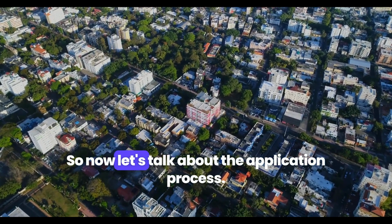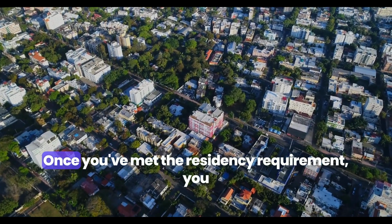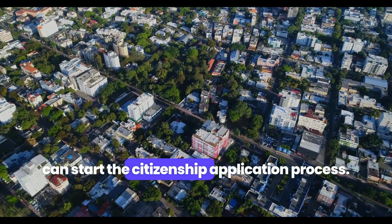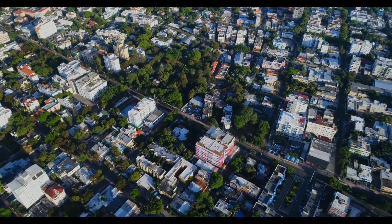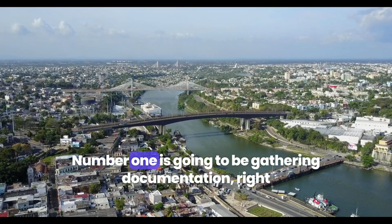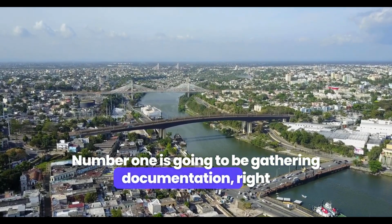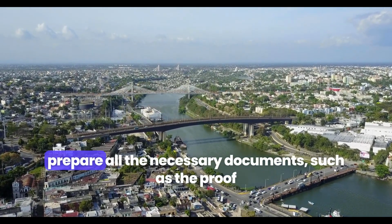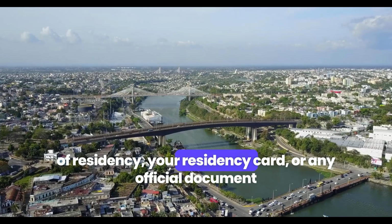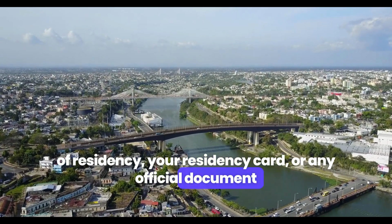So now let's talk about the application process. Once you've met the residency requirement, you can start the citizenship application process. So here's a detailed look at what to expect. Number one is going to be gathering documentation, right? Prepare all the necessary documents such as the proof of residency, your residency card, or any official document indicating your